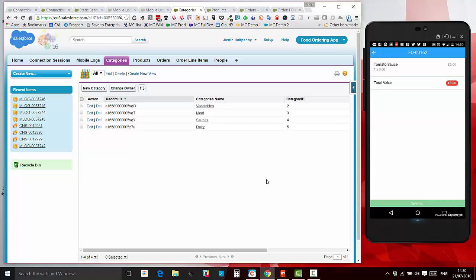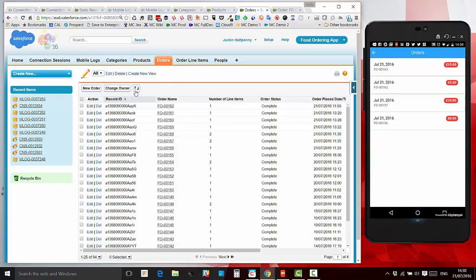Placed by me, and then I could potentially look and say recreate this order if it's a standing order. You know, the mind can wander. So if we just have a look now at my orders, let's have a look here. Where have I got orders open here? I think I'm in